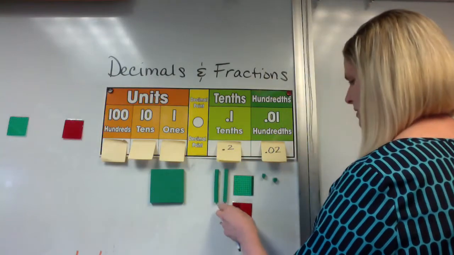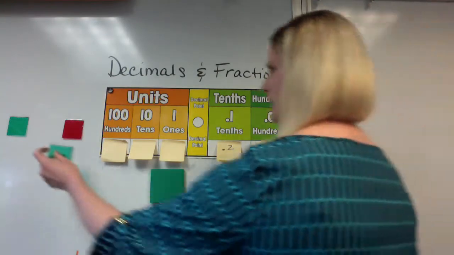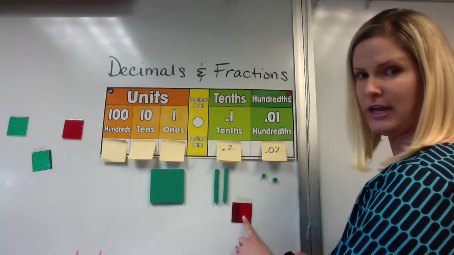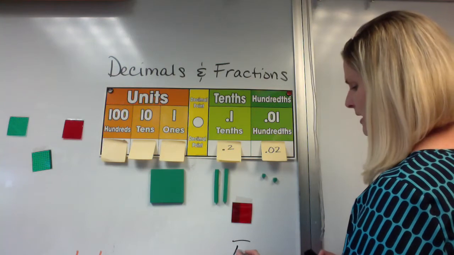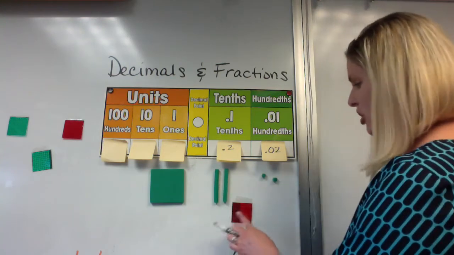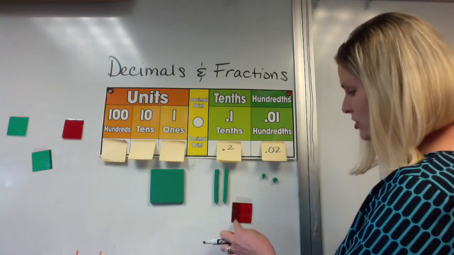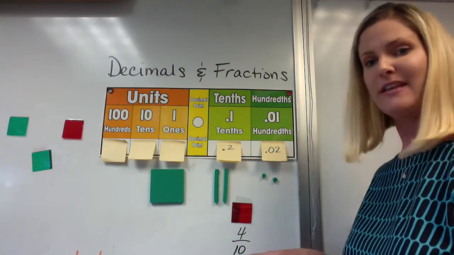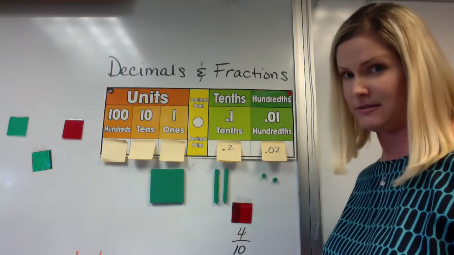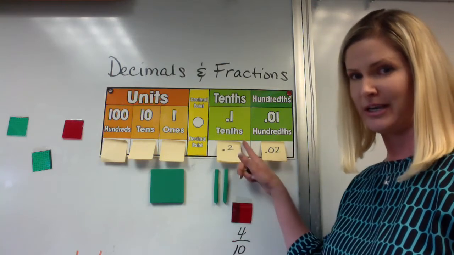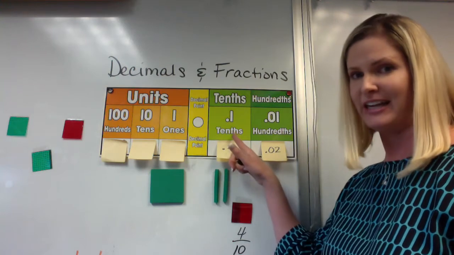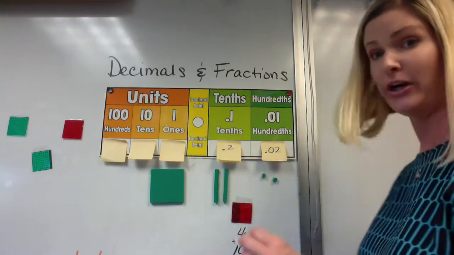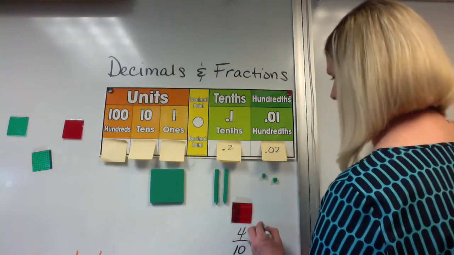Let's do this red one. This red one is not the hundredths, it's actually the tenths. I have rods, and these are the 10 rods going next to each other. So the denominator of our fraction would be 10. How many are shaded in out of how many total? 1, 2, 3, 4. So I have 4 shaded in. How do I say that fraction? 4/10. How would I say it the same way? But then let's think about what that would look like as a decimal. 4/10. A 4 in the tenths spot. So my decimal then would be